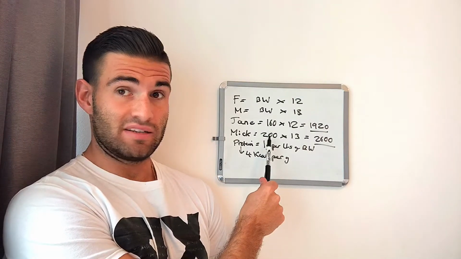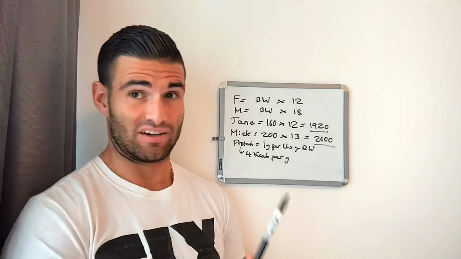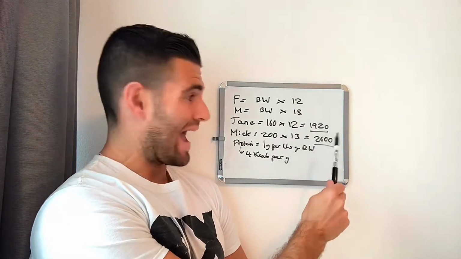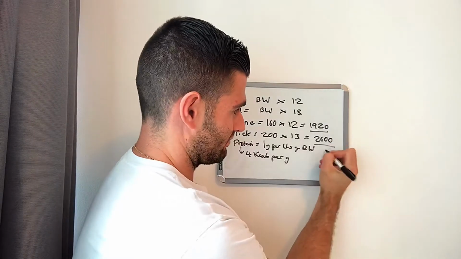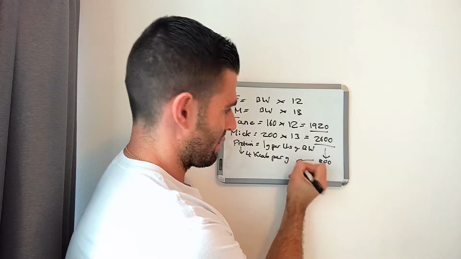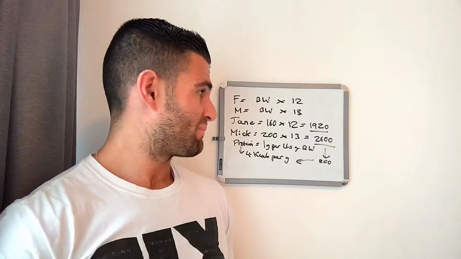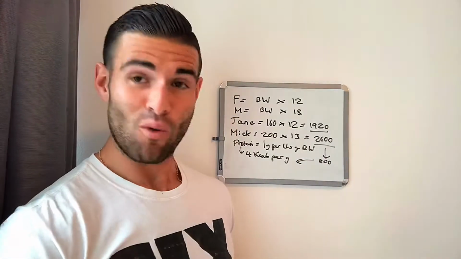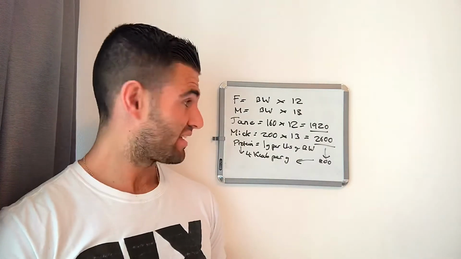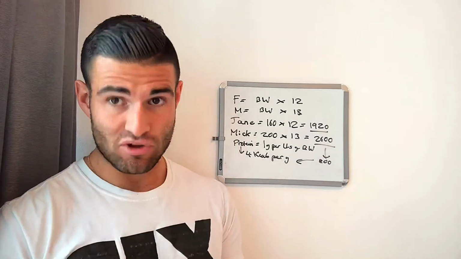200 grams of protein times 4 is 800. That's his total, 2,600. So 800 of this will be protein, okay? That leaves 1,800 calories for carbs and fats, okay? Unless you're an athlete,